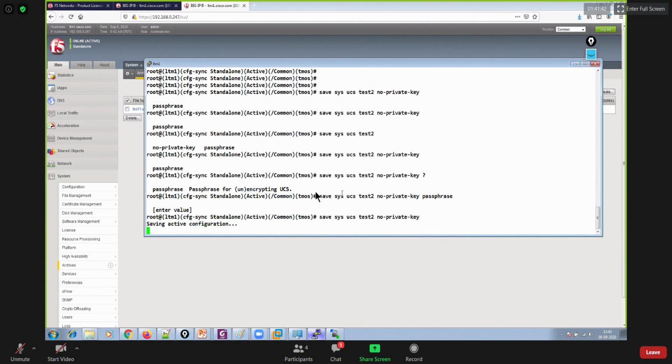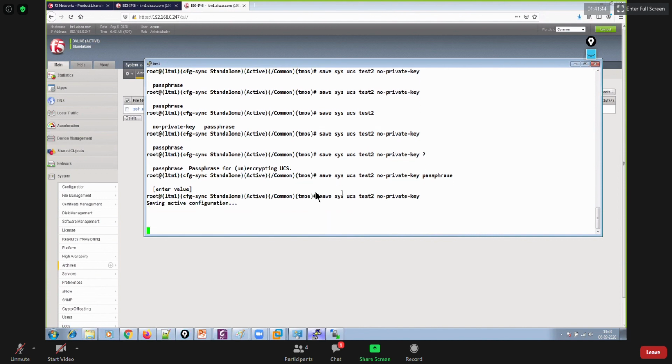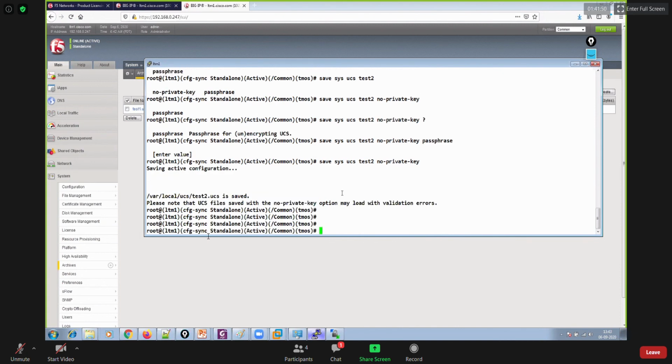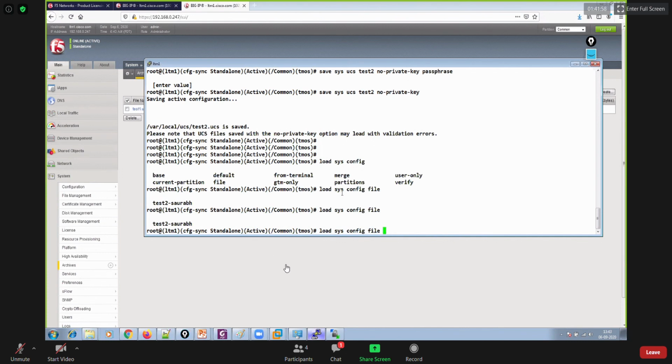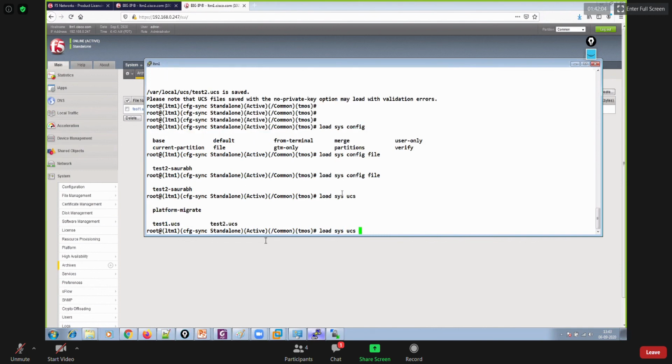So you have created a UCS backup file, and even you could load the backup file over here, right? You could also load this config, and then you can see file and then file name, test2 Saurabh. So I could load that file as well, or load this UCS and then file name. Okay, so you could load any backup file over here using CLI.